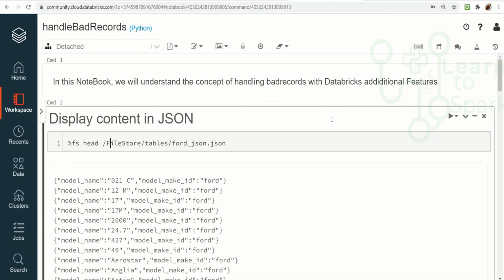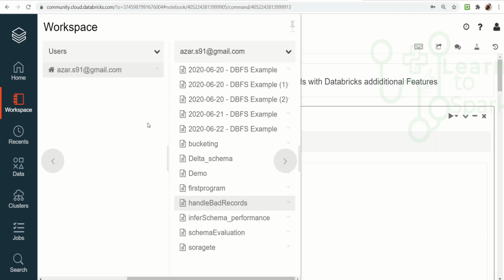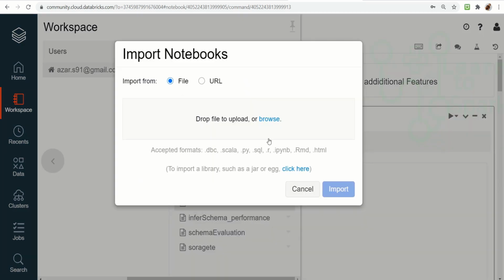So that being said, the other option is import, and for importing a notebook from Jupyter notebook or from any other environment into a workspace, we have an option. Here in the workspace, right click, and you can see the option Import. Select that and choose the file that you need to import. We can import different formatted files: .dbc for SQL, .scala, .py for Python, and other formats like .sql, .r, .ipynb, .rmd, .html. These file formats can also be imported.